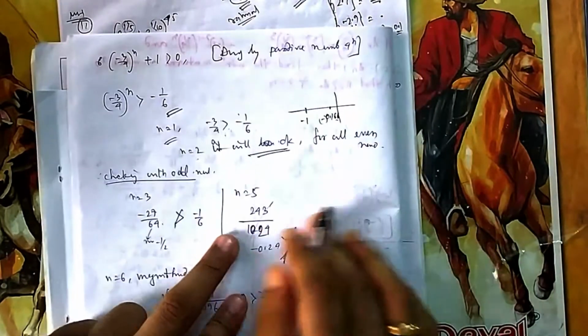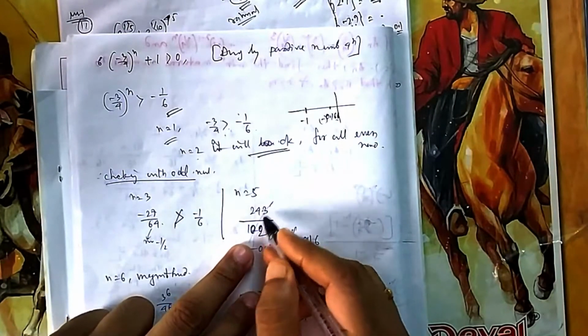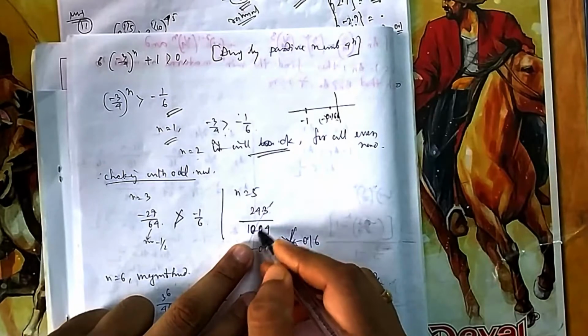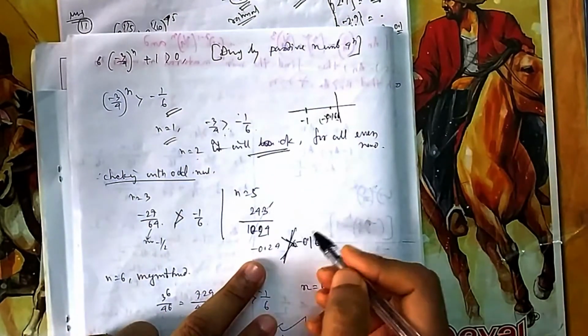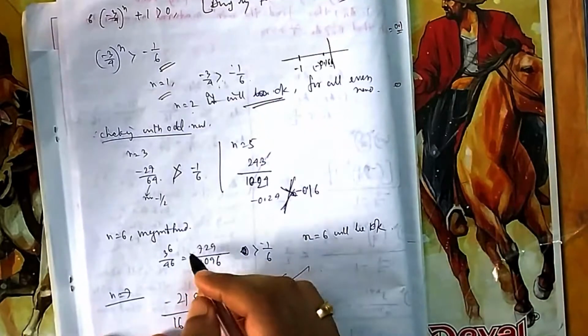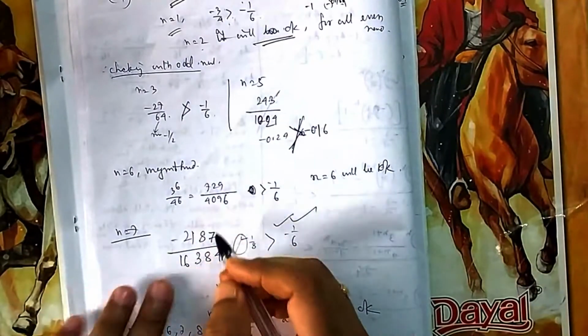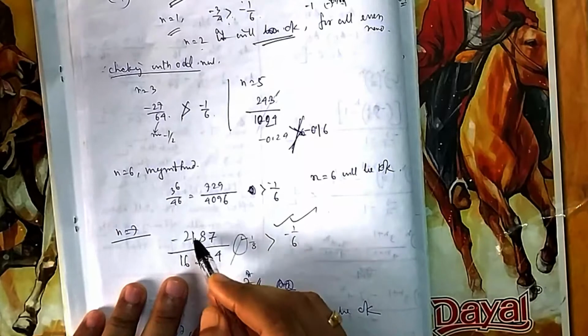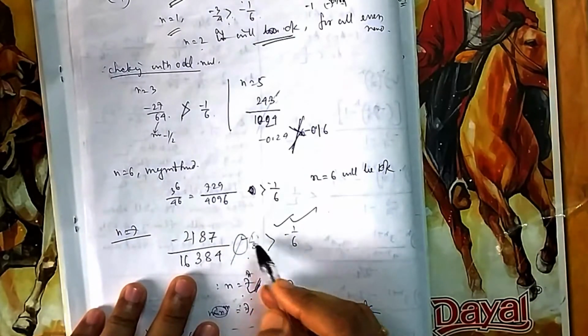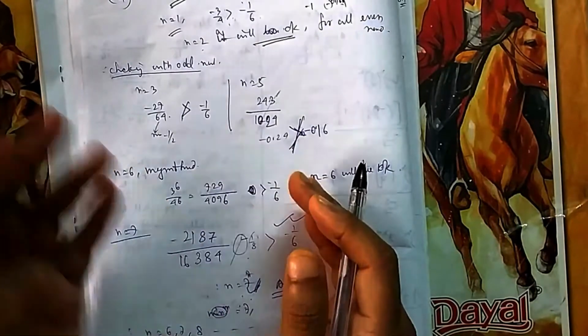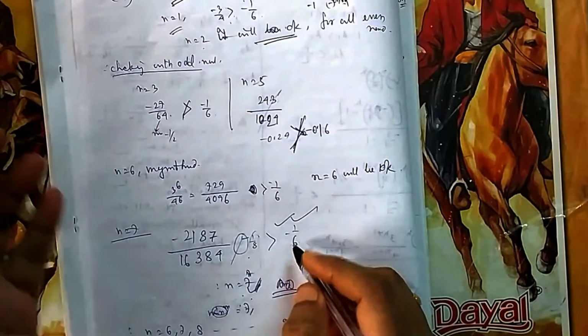Now if you go n equal to 5, it is 343. So if you divide, roughly say 200 by 1000, it is near about 1 by 5, which is not equal to your 1 by 6. Now if you put n equal to 7, 6 is already done, we know. N equal to 7, now you can see 216, it is 1 by 8. So 1 by 8 is less, obviously, on the left hand side than your 1 by 6.